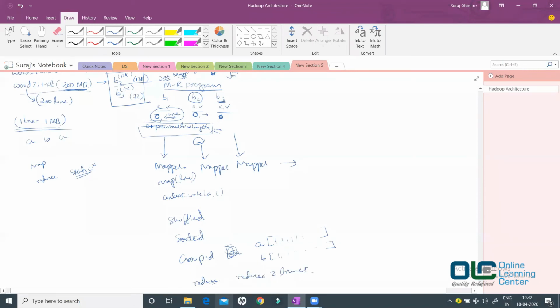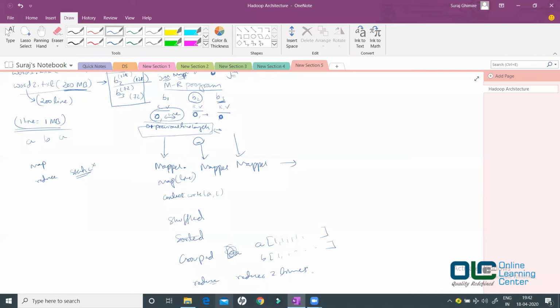Now you may ask me a question like, how many groups do you have, guys? If I assume that your word.txt file contains only apple and ball, then you get only 2 groups, right? So in these two groups, let's assume the total number of reducers you're going to use is just one.